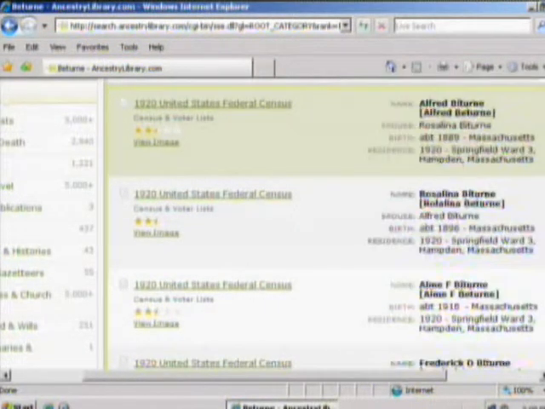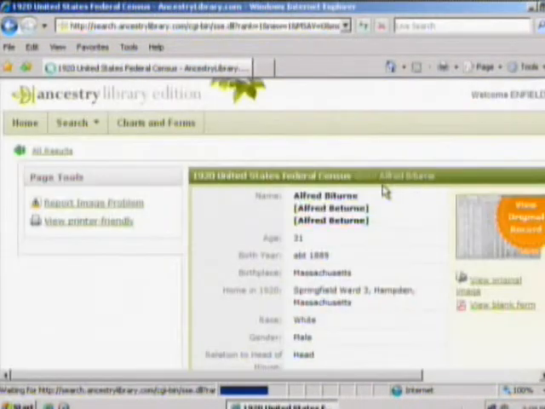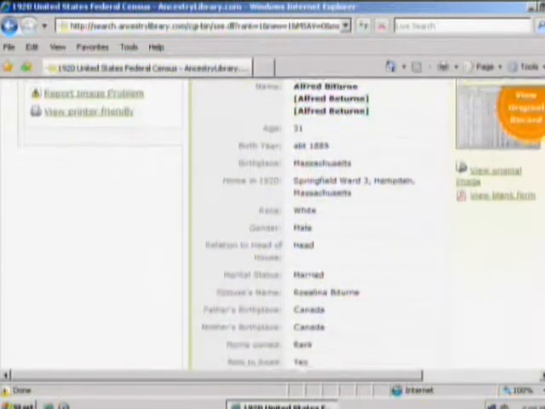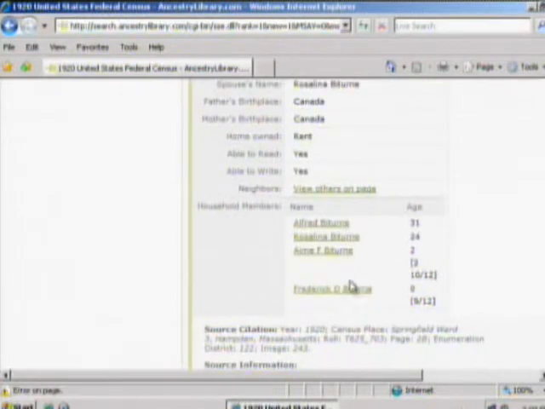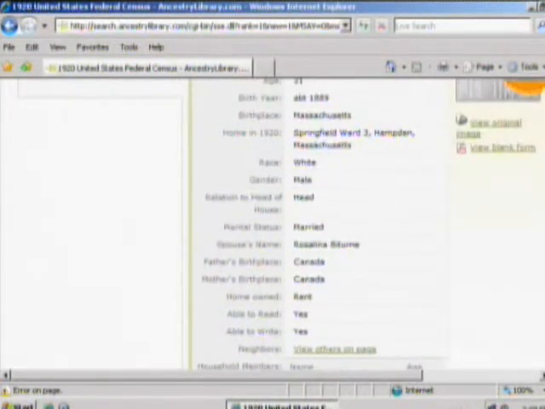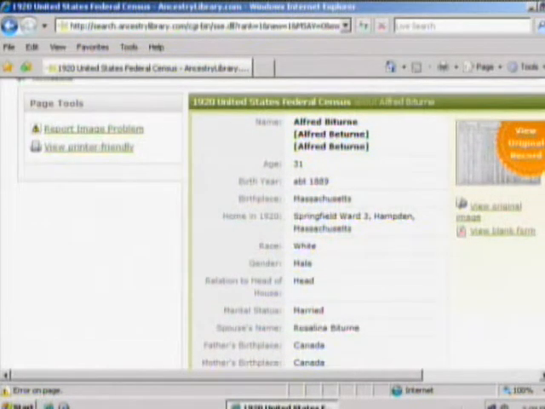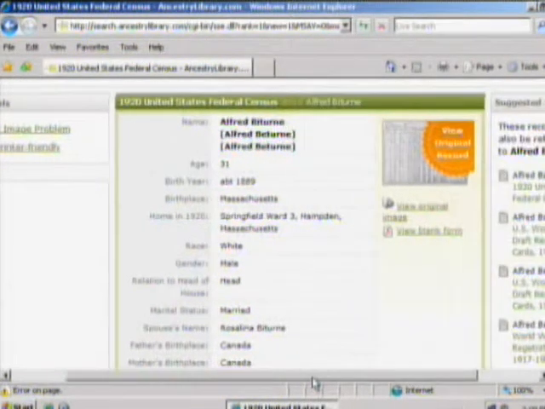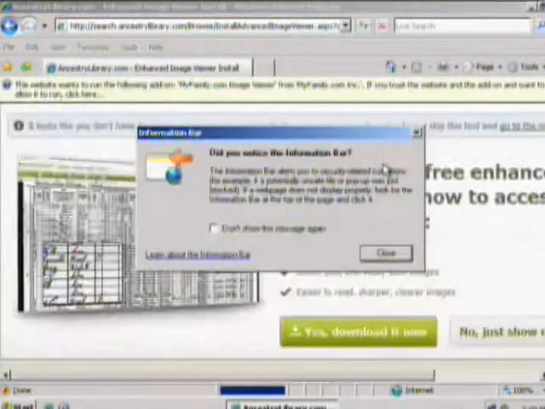You can see a lot of different categories come up in that little hover. But this is the actual full record of that hovering. So you can see right from here there is a link to this family living in Springfield, Massachusetts in the 1920 census. Now this is, as I said, some people stop here and print this. View printer-friendly version right over here. If you click on there, you get a nice clean copy for printing. But again, the primary source is the census itself, and that original record is available through Ancestry as well.